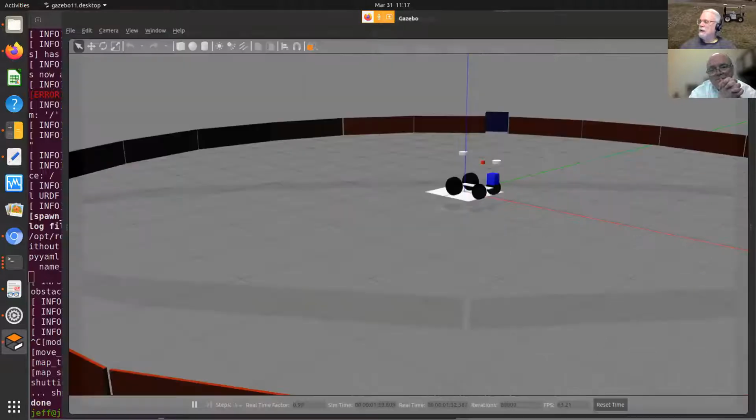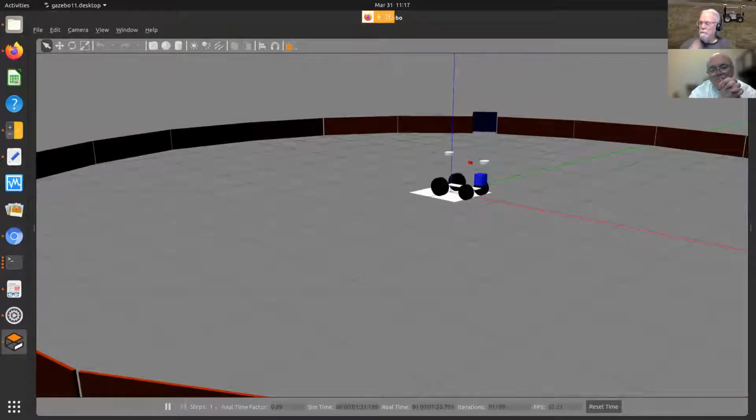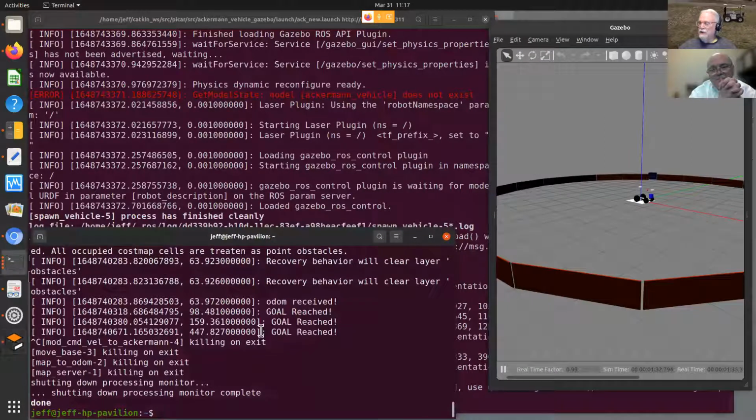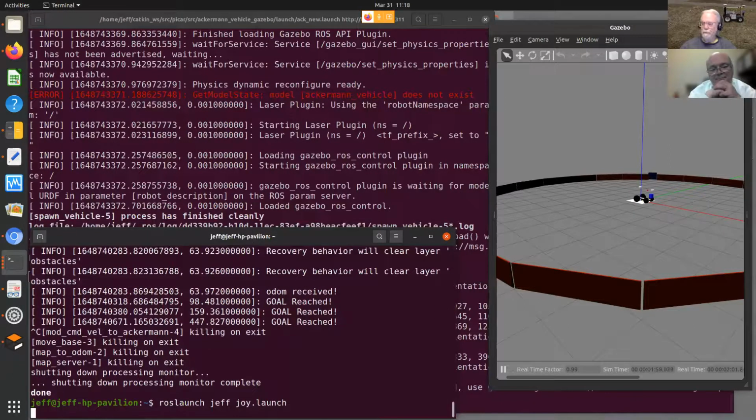Yeah, that works. Okay, so we'll come down here to this one, and I'll start up the joystick program that uses, I believe, just Joy Launch. It starts up a Joy node, and a joystick teleop program that generates a command velocity. Then it starts up that translator from the TEB package that converts that into an Ackermann message. So if I start that up,